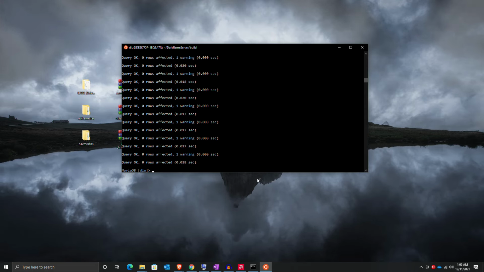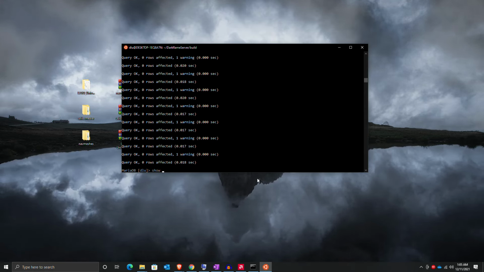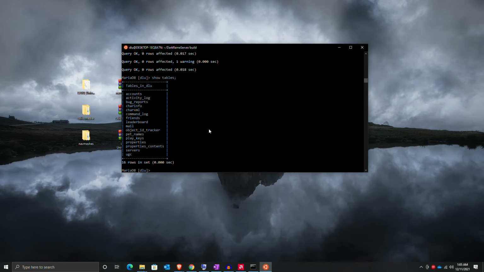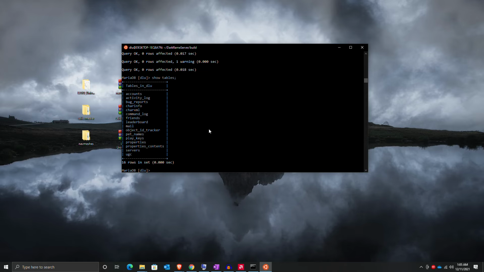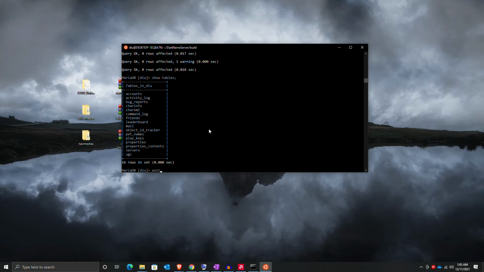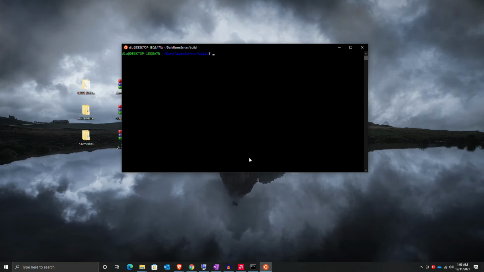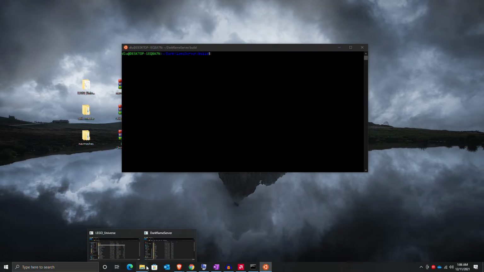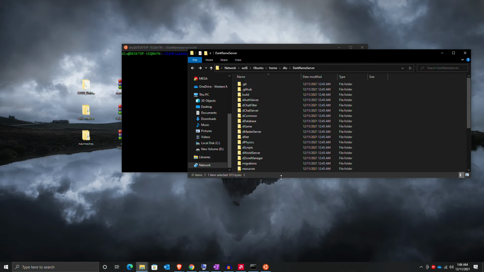So now there's actually information in, so we can see that information by typing show tables semicolon, and then there's all the stuff. And to get out of it, you just type exit and then hit enter. Alright, so now that we're out of the database, I'll make this as easy as I can from now on, and I'm going to try and use the